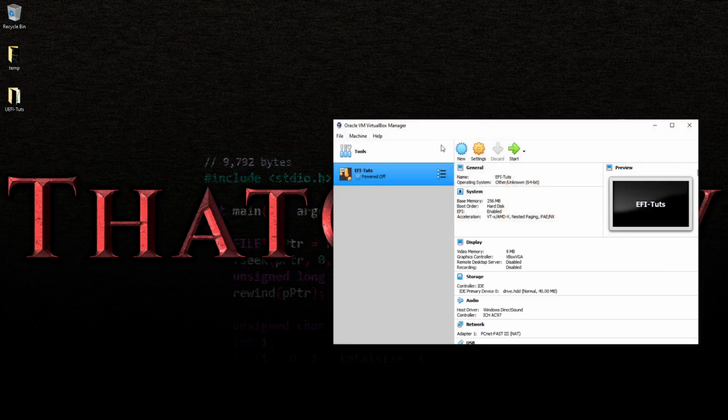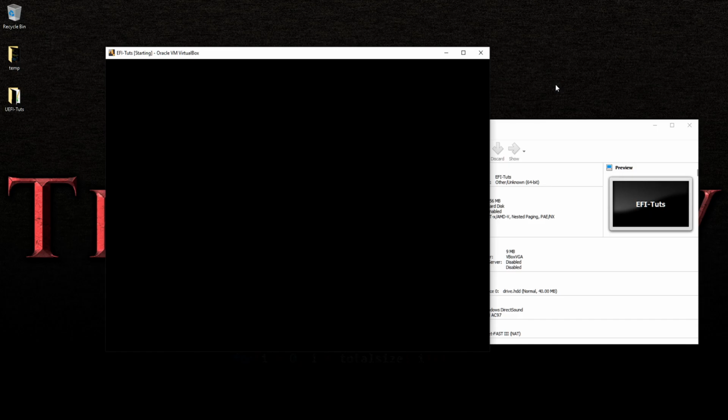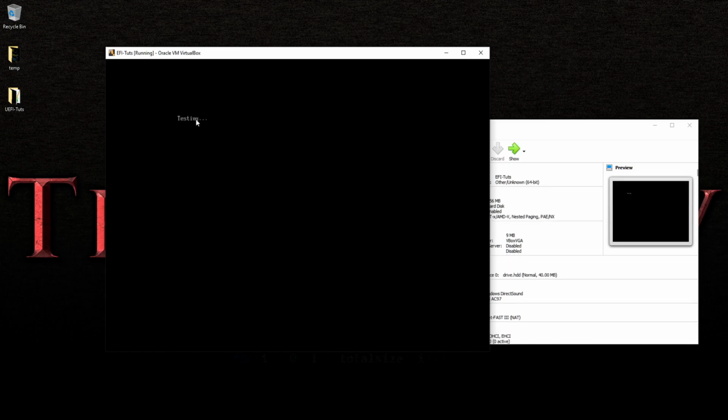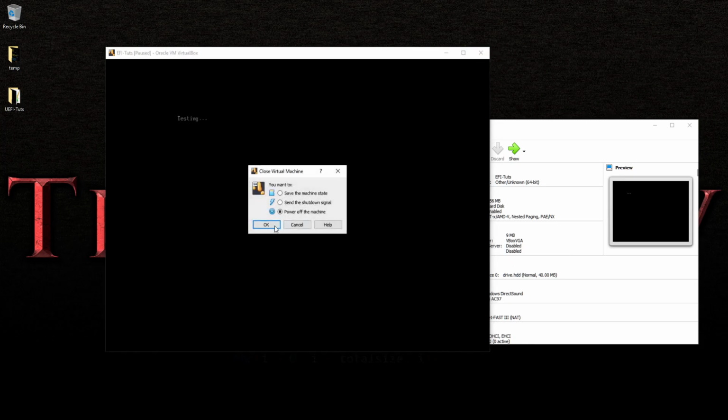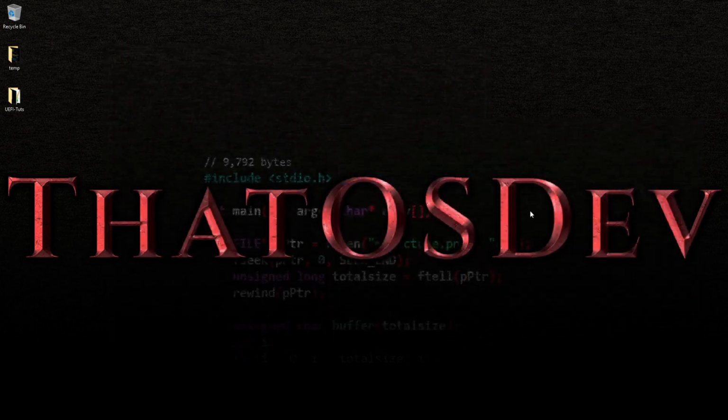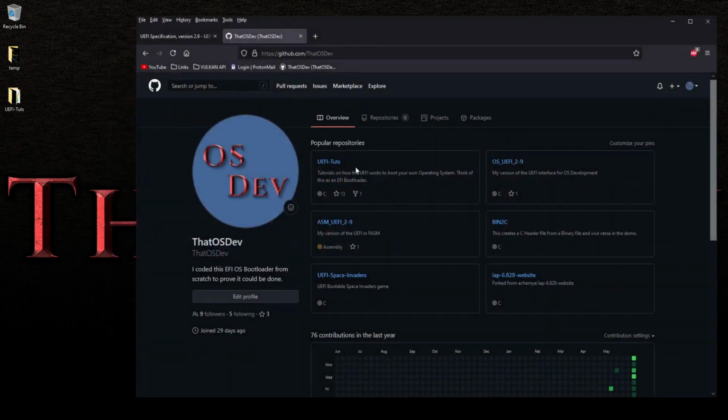Let's open up our trusty VirtualBox here, click start, and see where we left off in the last code that was written. Again, you can go to the GitHub and grab all this if you need to, but notice it's the dull color here. So what we're going to do, we're going to close that, and